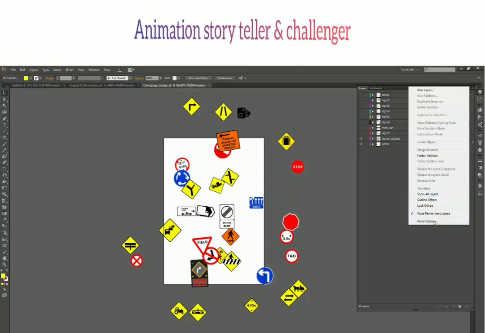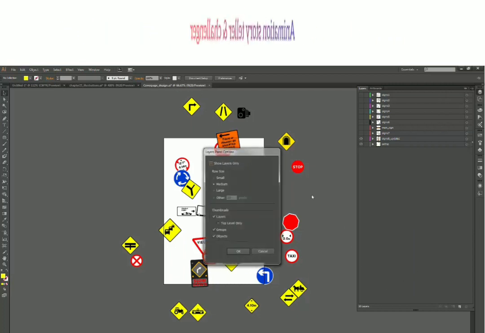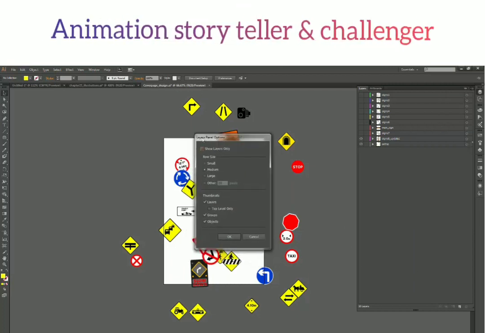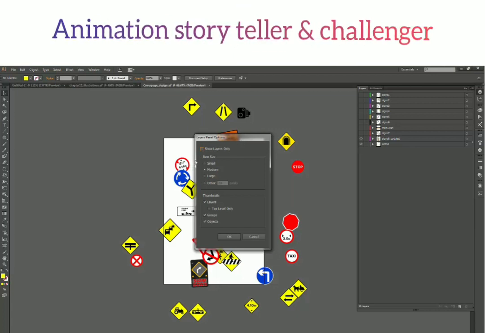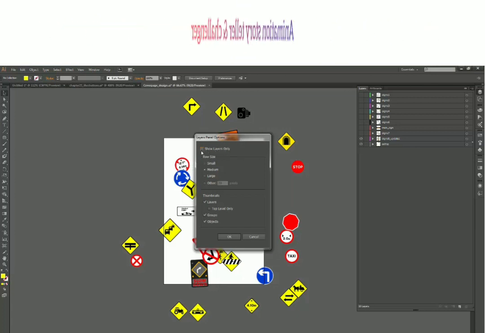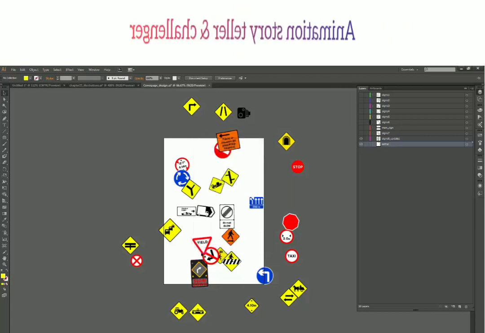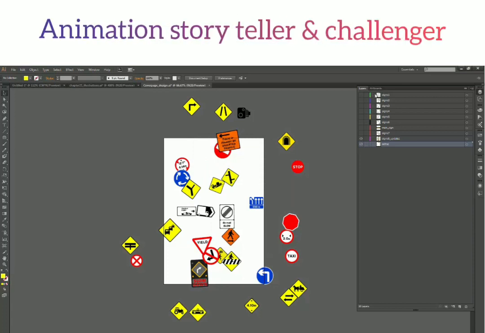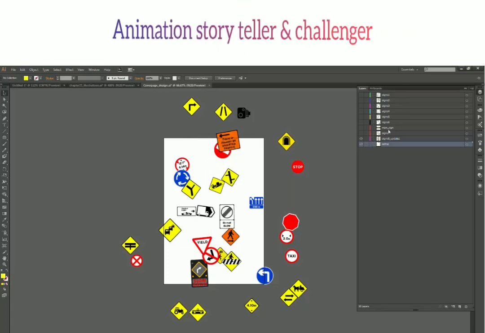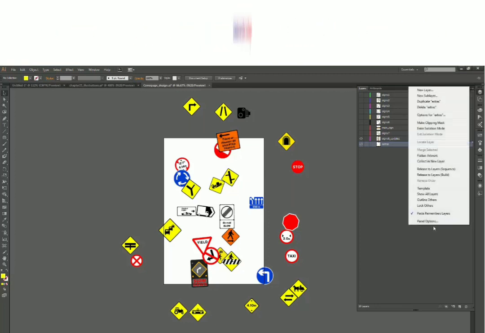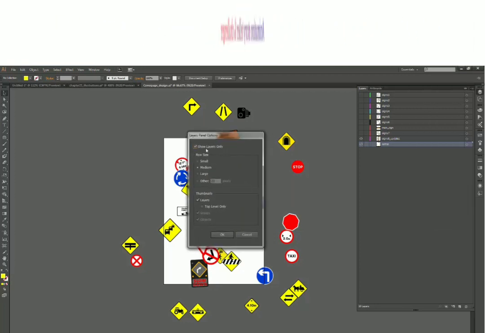First of all, we'll see from the bottom. Let's go to this panel options. Okay, now it opens layer panel options. The first option says show layers only. Let's check this one and click OK. Now you can see all those right facing arrows are gone because we told this window to show layers only.